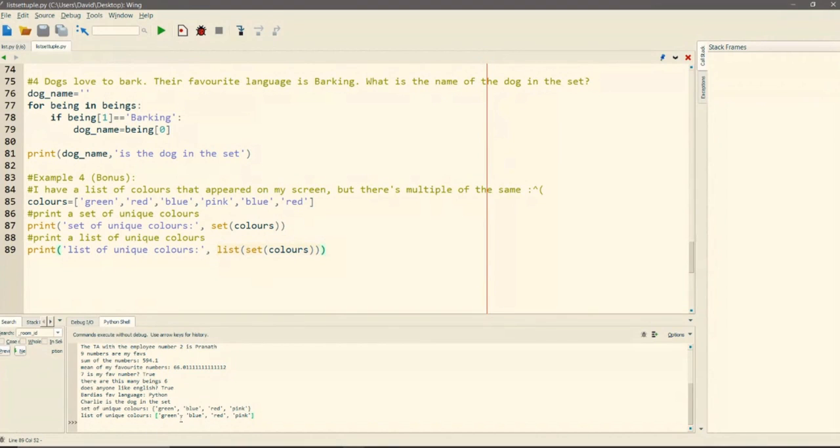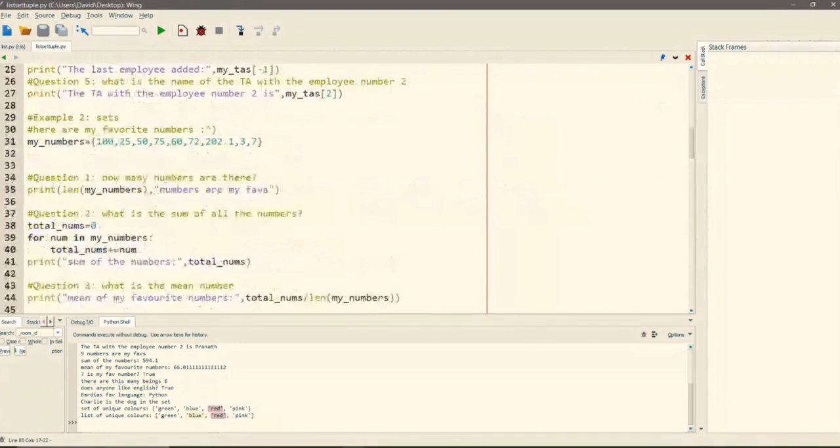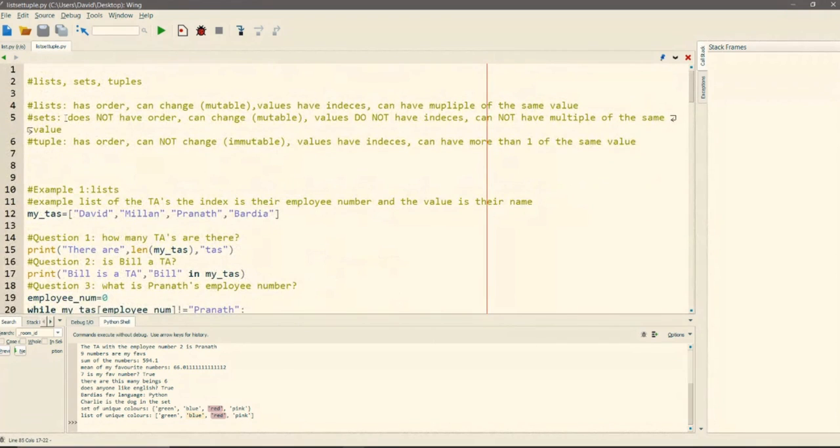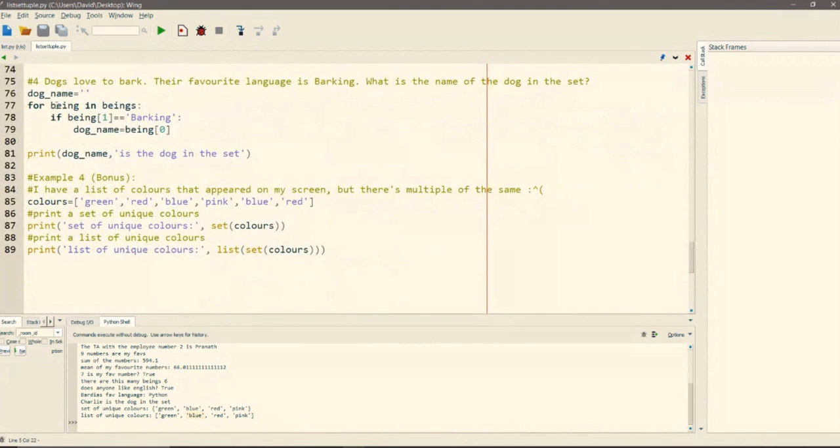Because if we look over here, the first entry is green. Okay. The first entry in colors is also green. Then we go, okay, blue. Well, that sucks, because the second entry in colors is red. And because we use a set, and sets do not care about indices and they do not care about order, the order of the colors got scrambled.